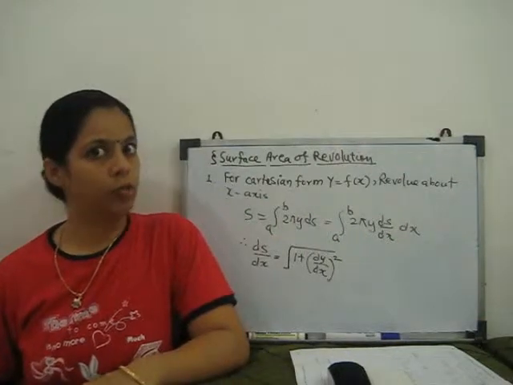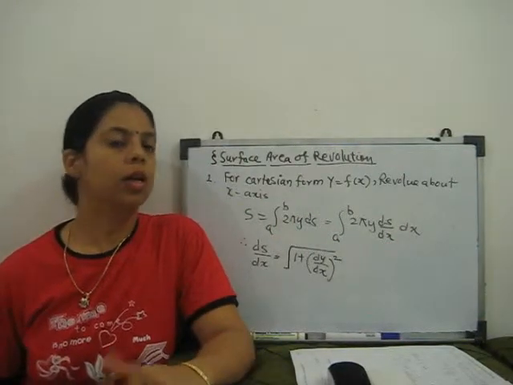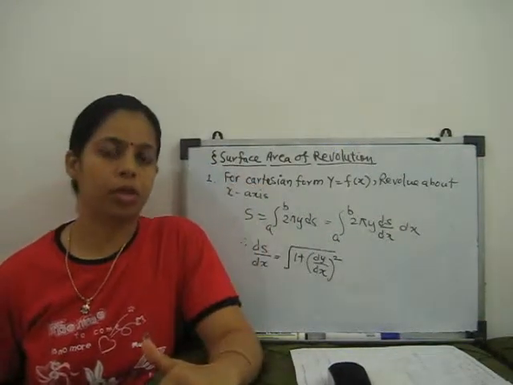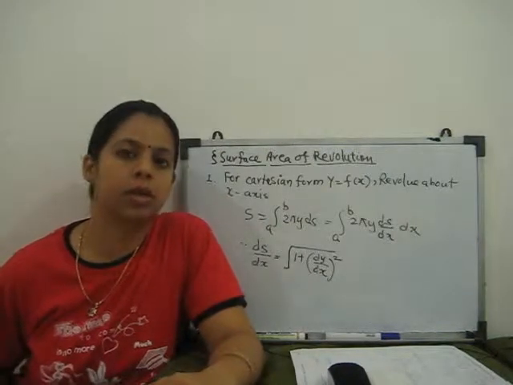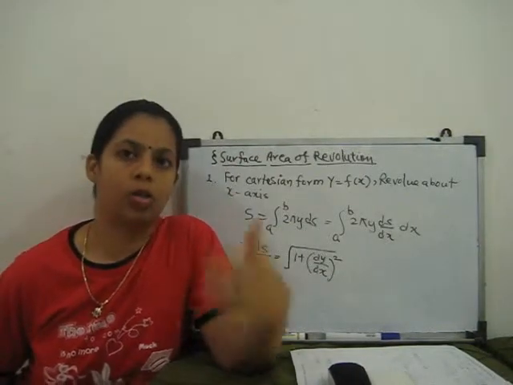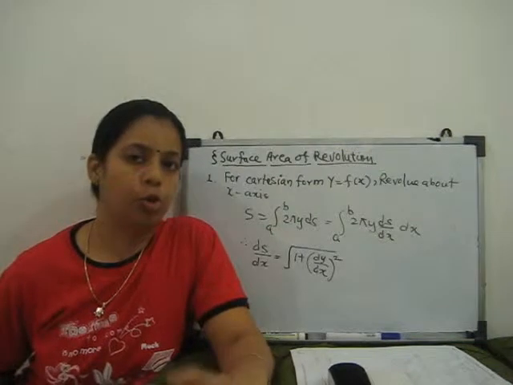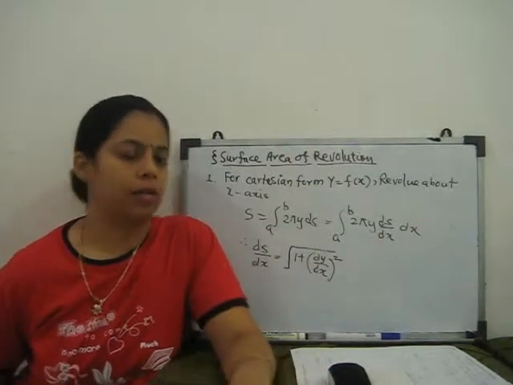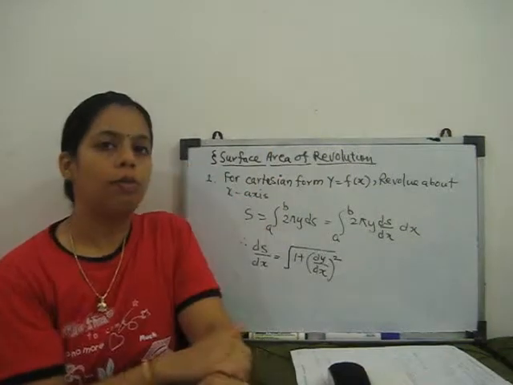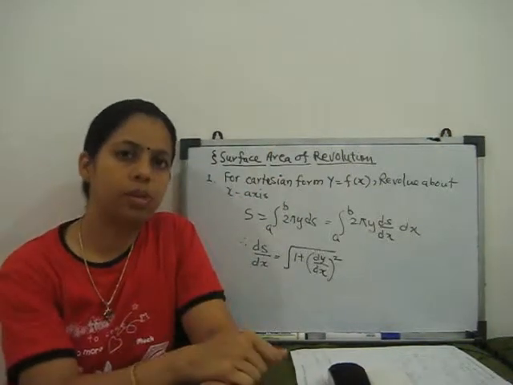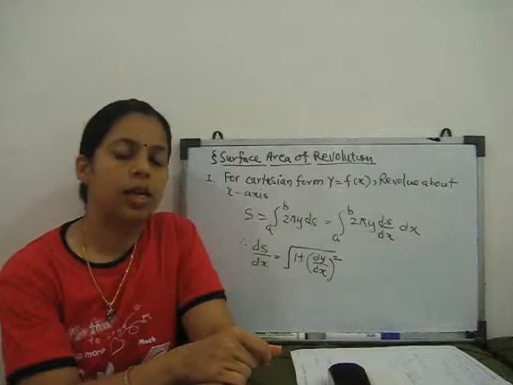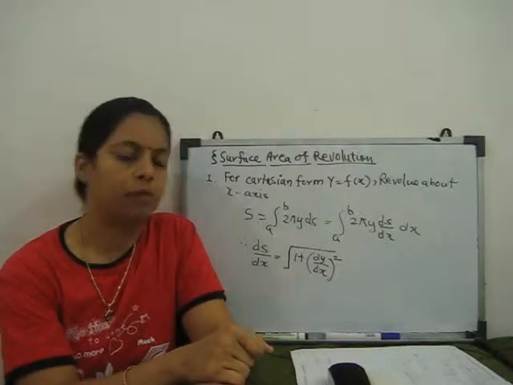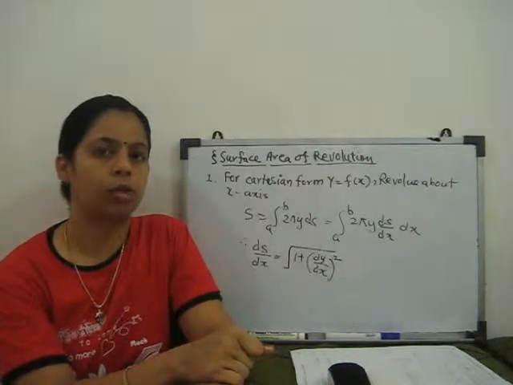And welcome to our new video where we discuss the surface area of revolution. If we have any two-dimensional curve and we revolve it around an axis, what new curve will be made? We find the area of that curve. In my previous videos you already watched how to find the volume of revolution. Now, surface area of revolution.